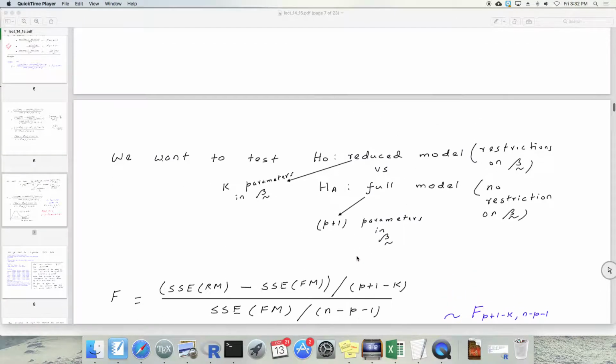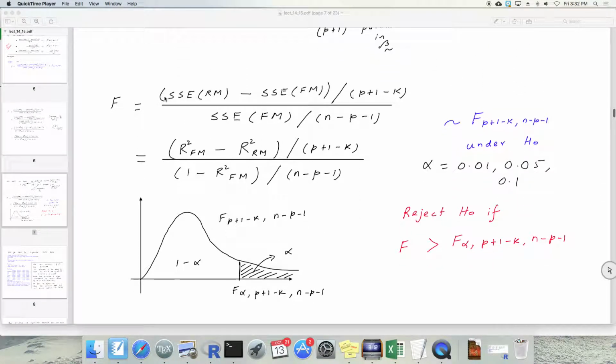We also learned that F, which is originally given by this formula, can also be given by this formula. I think I have seen more use of the second formula than the original formula. So this we learned